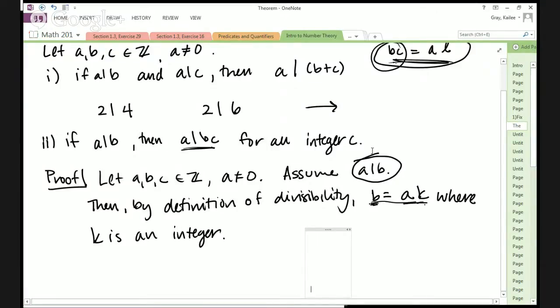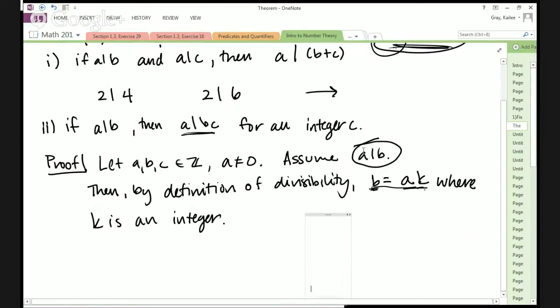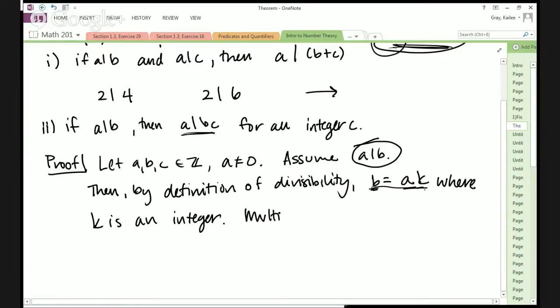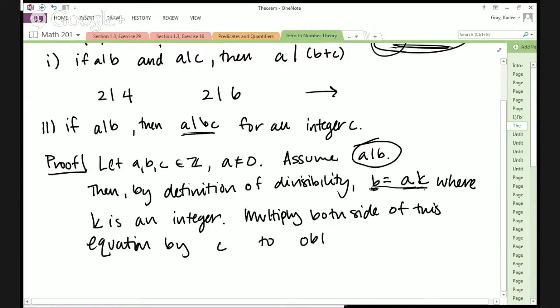Oh, good. So, all right, so we're gonna multiply both sides of this equation by C to obtain BC is equal to AKC. Okay,